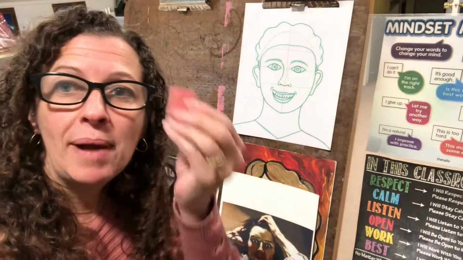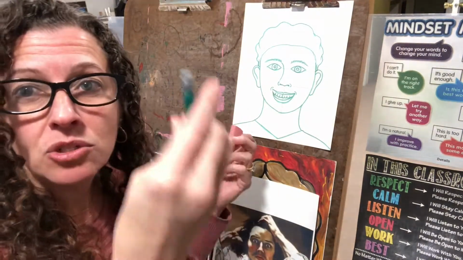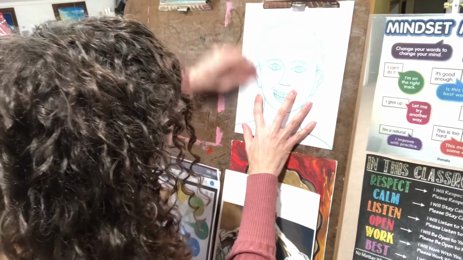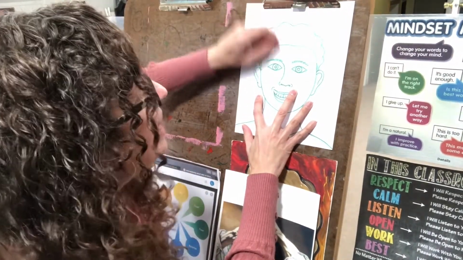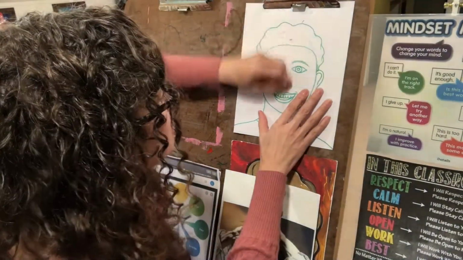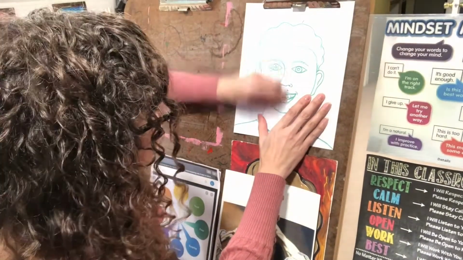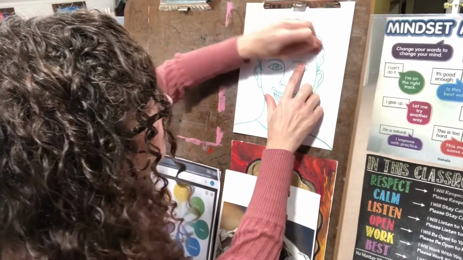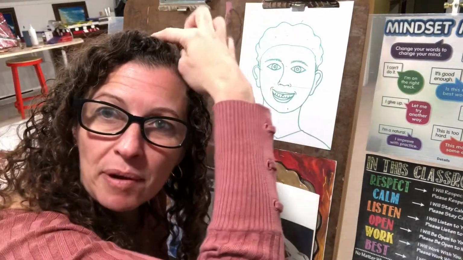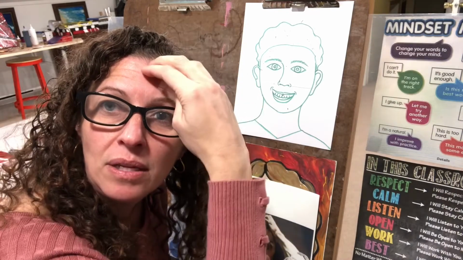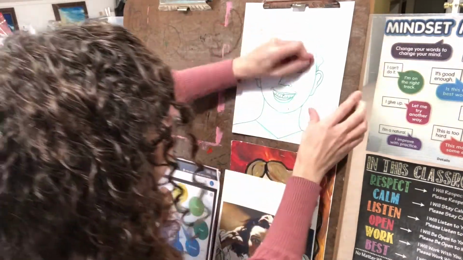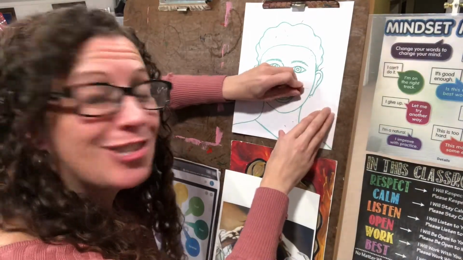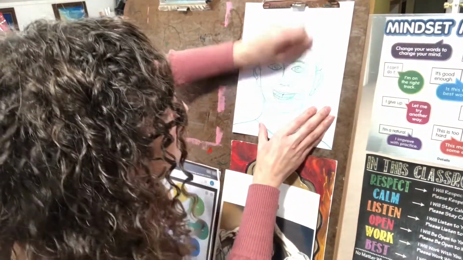Now I go back with an eraser, whatever kind of eraser you have, and I'm going to erase. Now I know I don't need any of these other lines. No guidelines, no top of my oval, because you don't see the top of my oval, right? This is hair. So I'm super proud of you, boys and girls. This is hard to do. A lot of grown-ups can't do this.